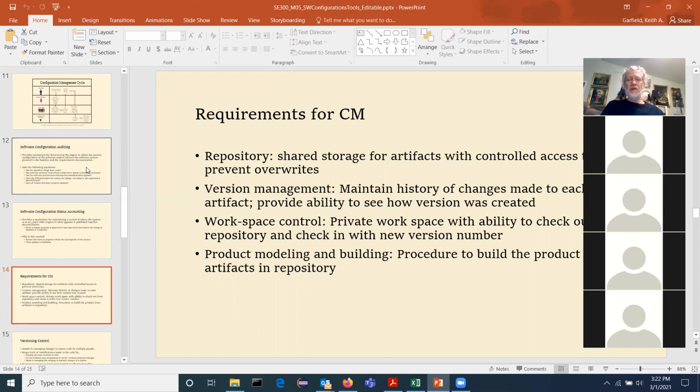Okay, so the product modeling and building, that's your software design document in this class, and the requirement specifications. We refer to both of those as a form of modeling, because really, what does your software design document do in the end, right? In the beginning, I'm asking you for problem statements, but now you're moving into solutions. In the end, the software design document is supposed to tell you the design. It is not the design, therefore it is a model of the design. And the UML diagrams with accompanying text are how we're describing that design in this class.